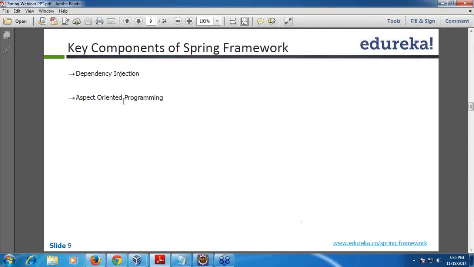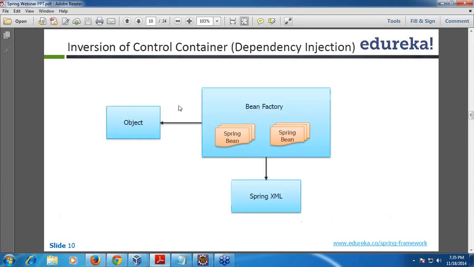So as I said again, aspect-oriented programming, right? When I say we take care of this cross-cutting concern, which is repeated in lots of methods and classes, we will avoid writing a lot of repetitive code in many classes using aspect-oriented programming, right?